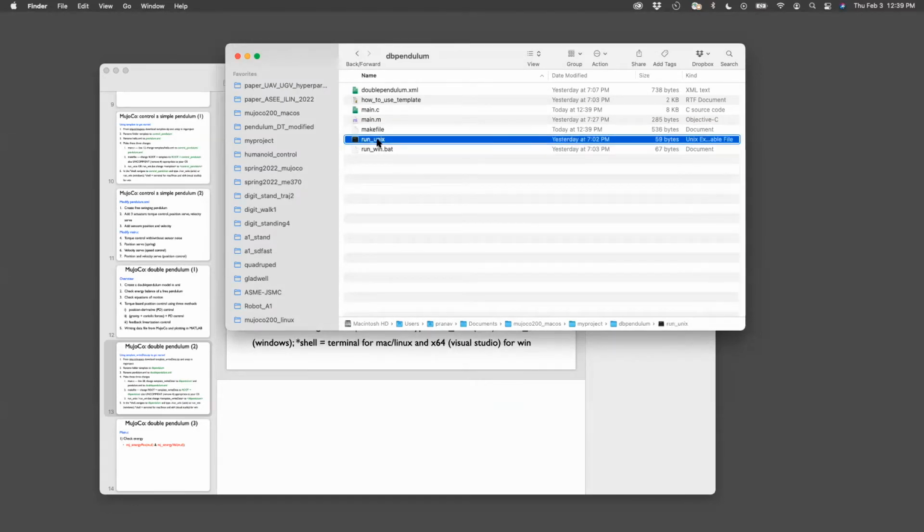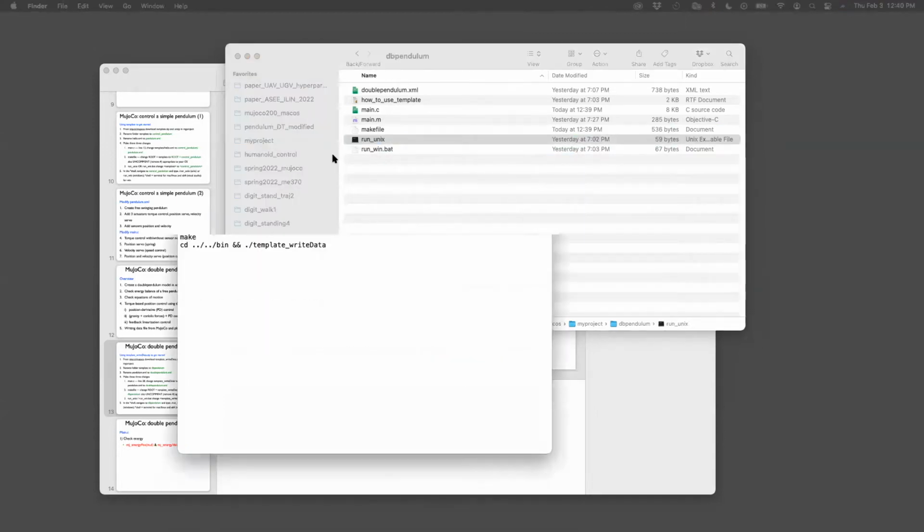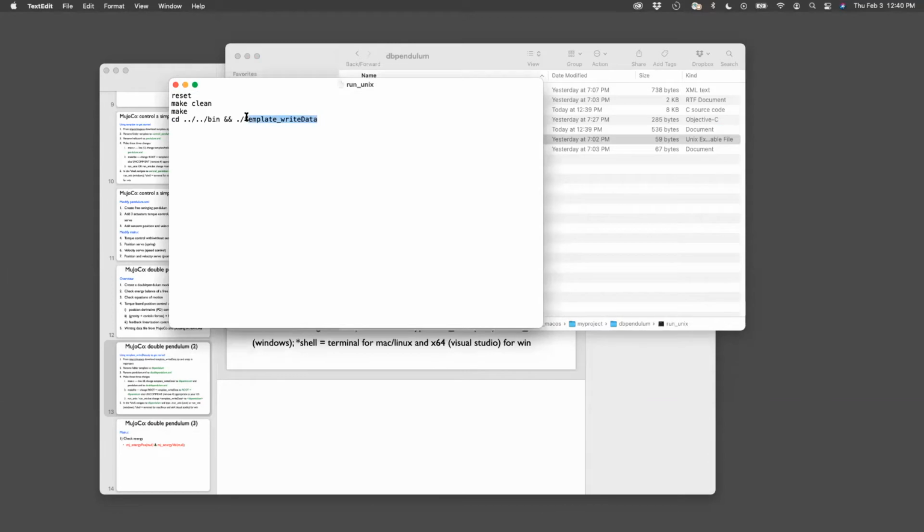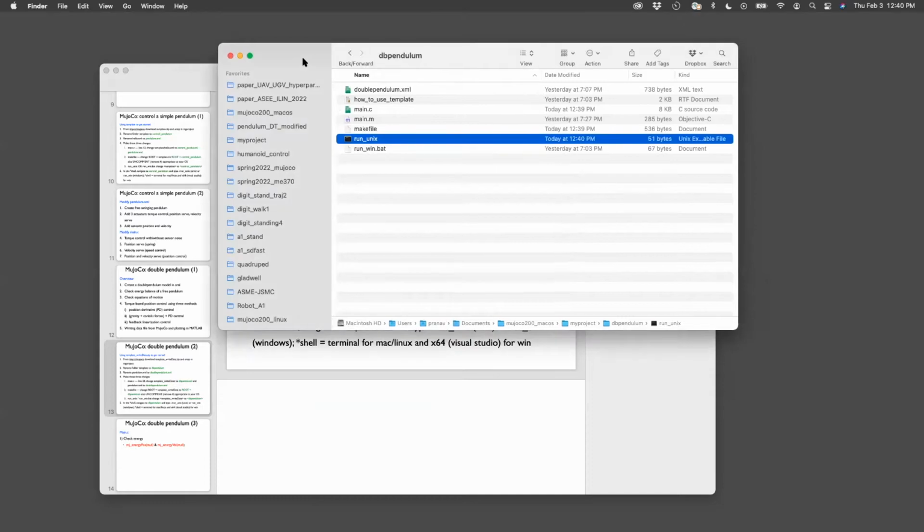So for a Mac, we open run Unix. And then change that template_writeData to db pendulum, which is the name of the folder we just created. Okay, that's it. So once you have done those changes,